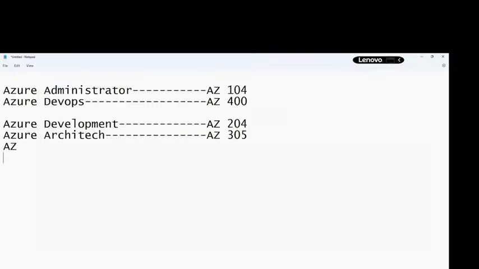As I said, there are Azure AI, Azure Cyber Security, Azure Data Engineer, Azure Fundamentals, Azure Machine Learning, Azure Security, Azure Virtual Desktop. We have around 15 to 20 certification papers, but the very popular ones are these four. I am going to teach you two certification papers: Microsoft Azure Administration with DevOps. What topics and subtopics I am going to cover for these two, we will present in the next session.